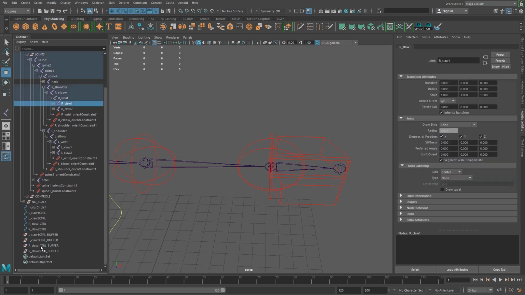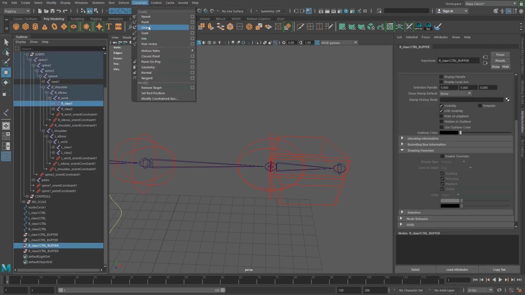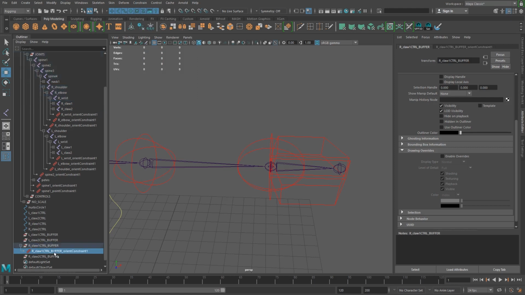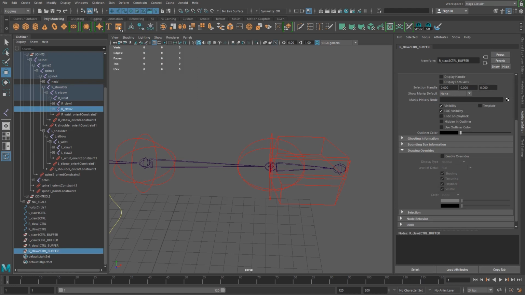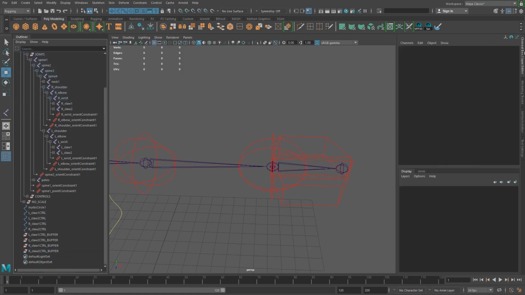Right claw 1, buffer, constrain orient, delete the constraint. And right claw 2, buffer, constrain orient, and delete the constraint. Okay, so you'll see that some of them have 180 degrees in them, some of them don't. The ones on the right have 180, the ones on the left don't. Okay, so now that those are constrained,